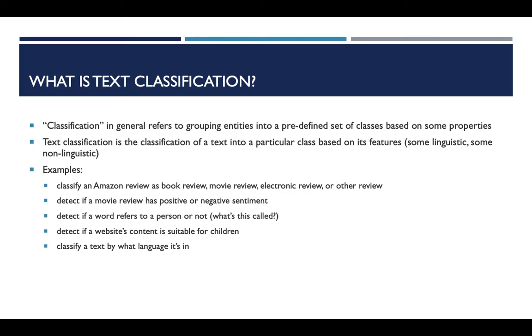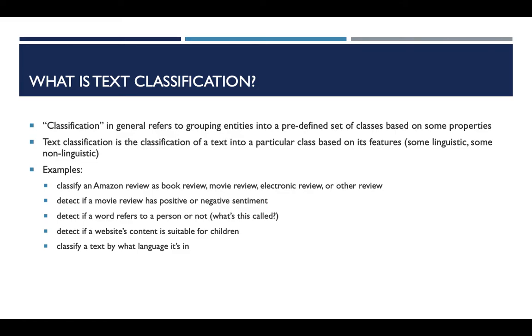Classifying Amazon reviews as book review, movie review, electronic review, or other type of review. They may get hundreds or thousands, I don't know how many of these per day, new on Amazon. They don't want to have to manually sort those, for example. Or movie reviews, positive or negative sentiment, to be able